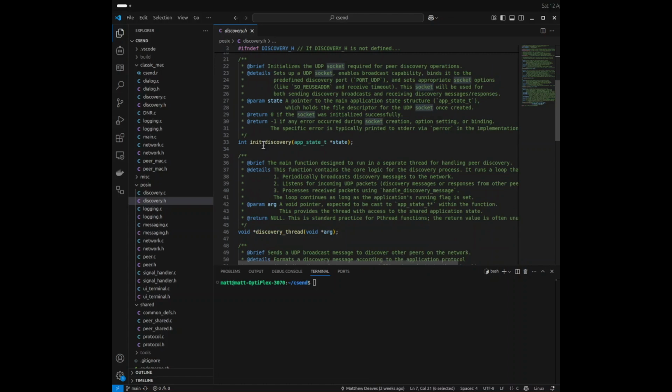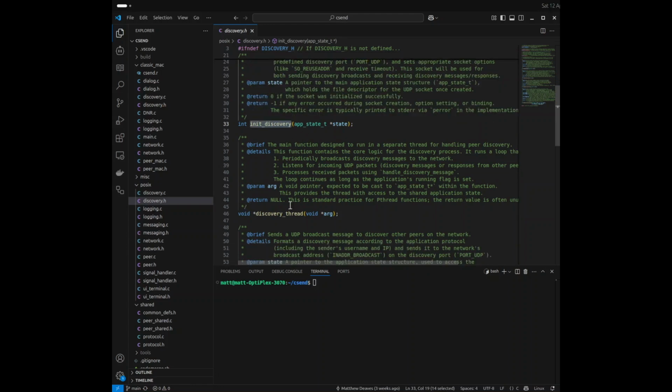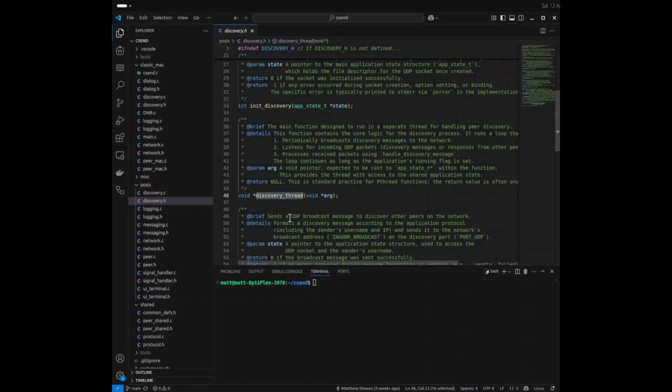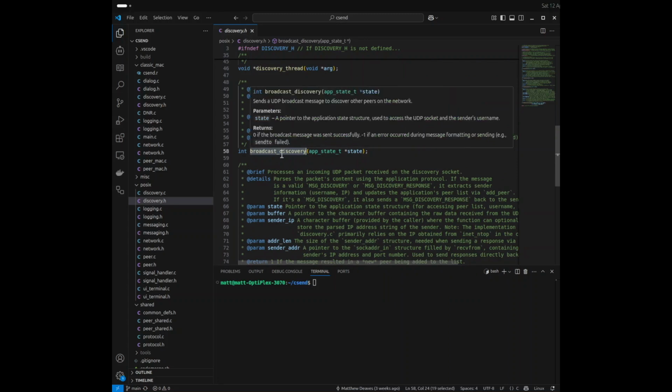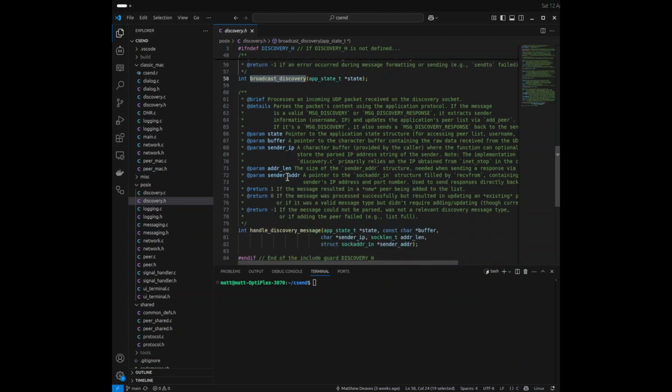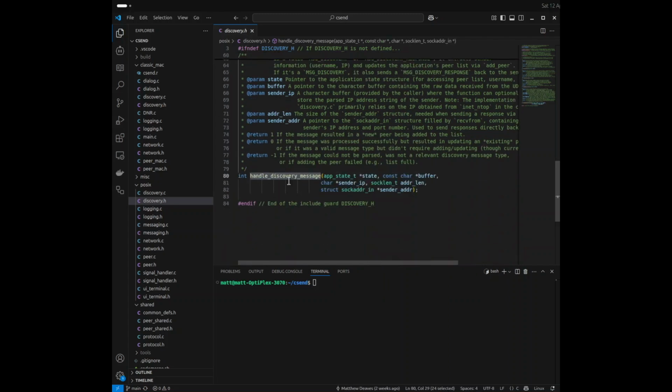It's got a function to initialize the discovery socket, so the UDP communication. It's got a function that's a thread, so that it will run in a loop, essentially, and send that message out every 10 seconds and be able to listen for incoming messages, whilst also doing other things like letting you use the user interface to send messages, that sort of stuff. And it's got a function to do that broadcast sending of the message, so that's what gets called every 10 seconds. And it's got a function to handle incoming